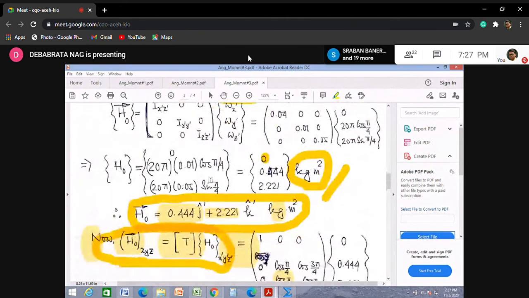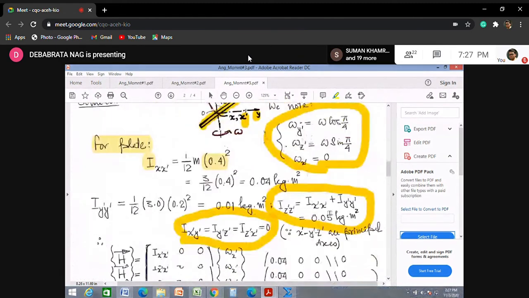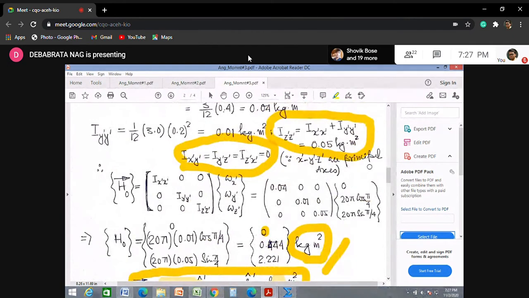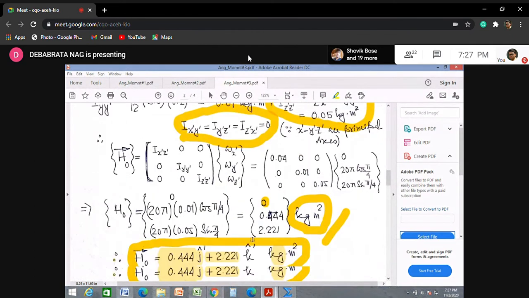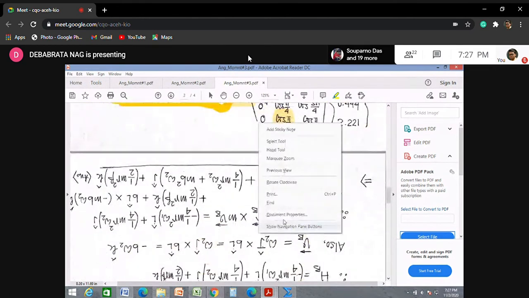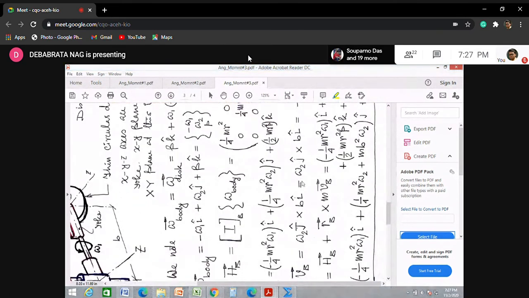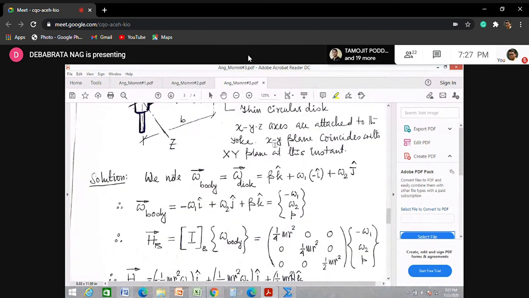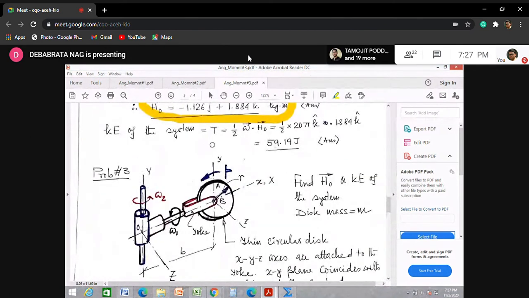And I would ask you to verify that the kinetic energy that you will be getting by taking the dot product of this vector with this vector, your answer and the answer that we finally got are the same. So I will be asking you to verify at home by yourself, correct? So this is how you will be getting it, and don't forget the unit. The unit here will surely be joule. So this is how I can get the kinetic energy term from here. So this part is done.